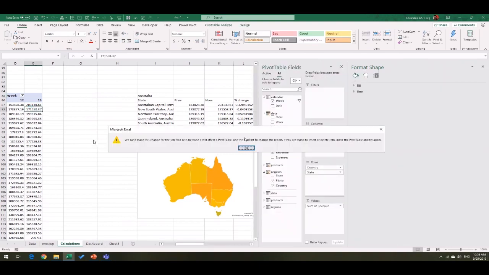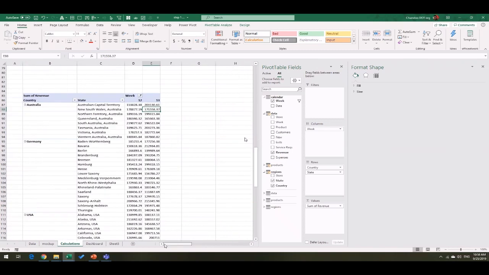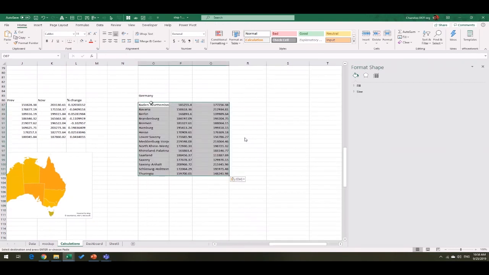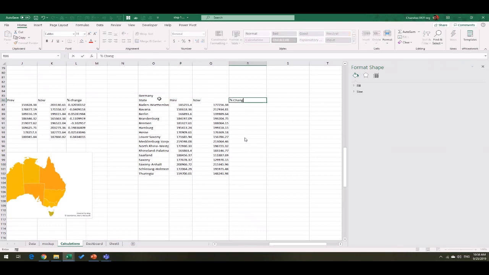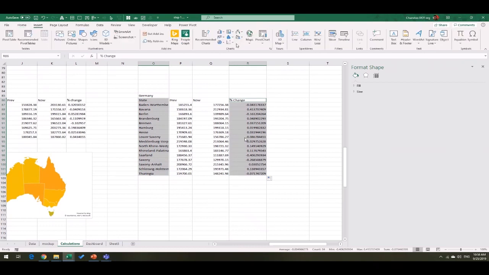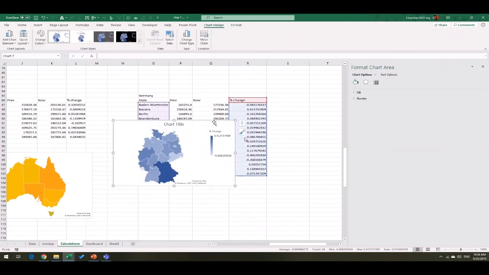It might look tedious, but it's just a matter of doing the same thing again. So we'll copy these guys, link them here. So that's the state, previous, now, percentage change, and then this divided by that minus 1. And then we'll select these two, insert map. So we get the Germany map,